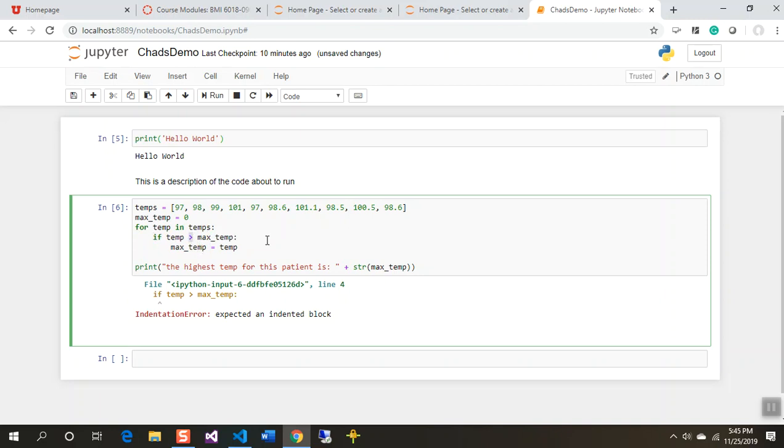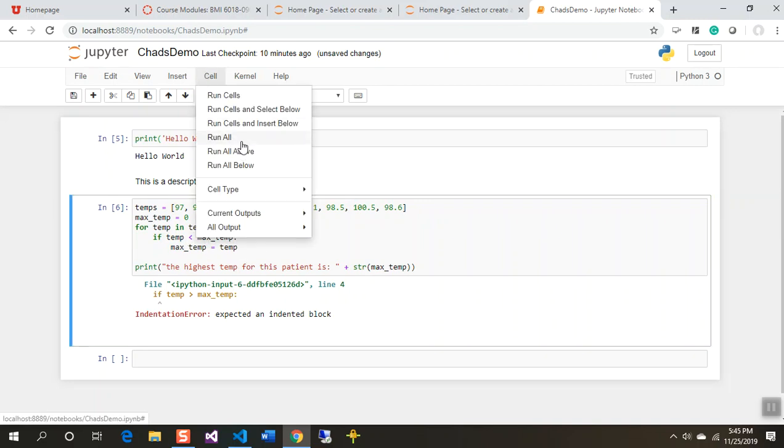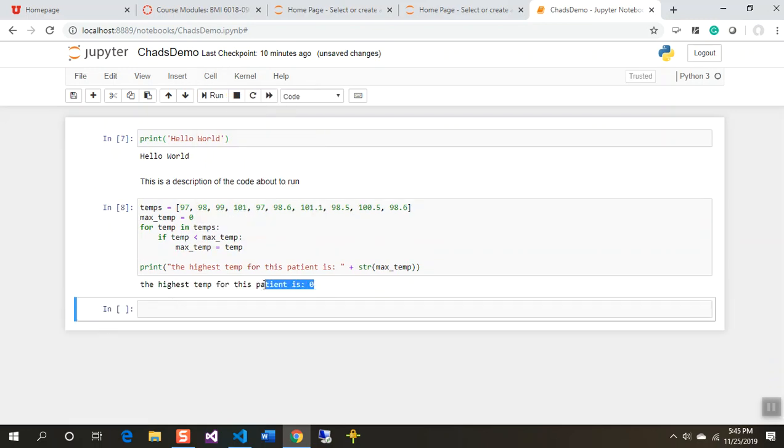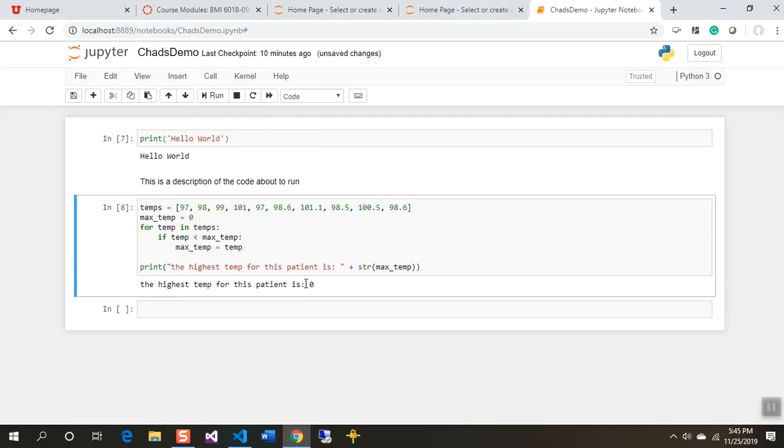For example, if I just had the wrong sign, a less than sign, and I tried to run this, this is valid code, it'll run, but it's not going to give us the result we're looking for, right? We think one thing's happening, we get some other result, and we don't really know exactly what is going on or what's wrong. We'd have to inspect this line by line, whereas if we use VS Code,